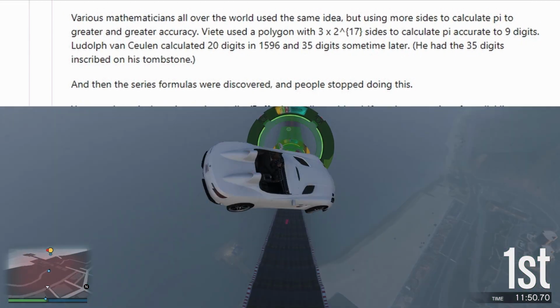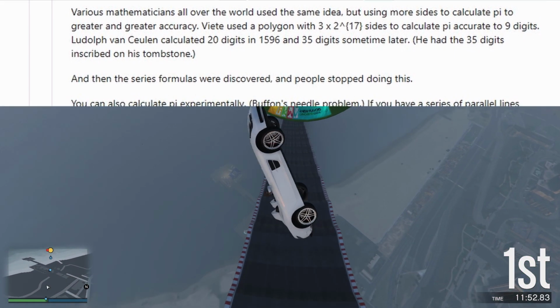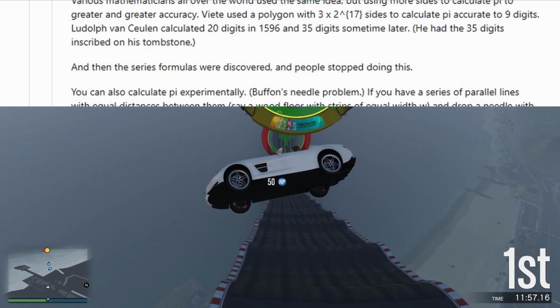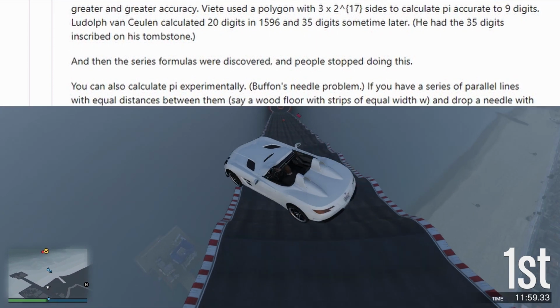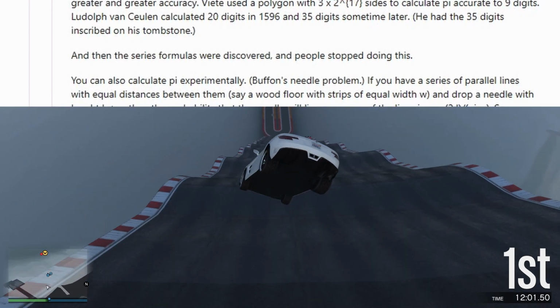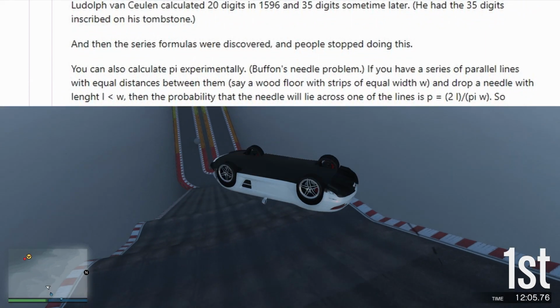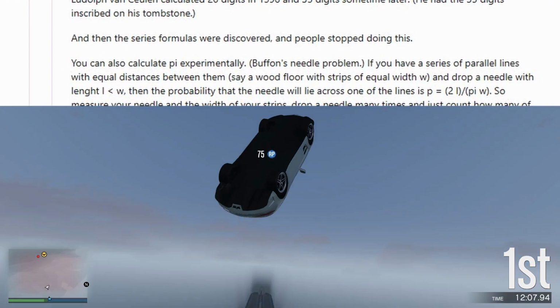And then the series formulas were discovered, and people stopped doing this. You can also calculate pi experimentally. Buffon's needle problem: if you have a series of parallel lines with equal distances between them, say a wood floor with strips of equal width W, and drop a needle with length L less than W,